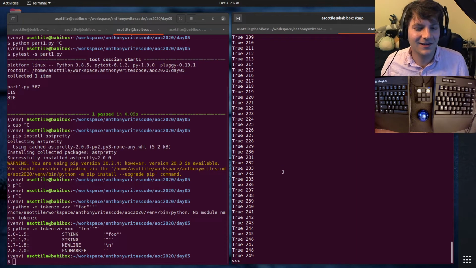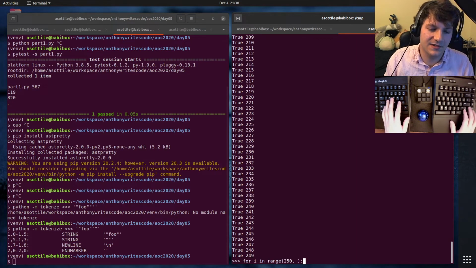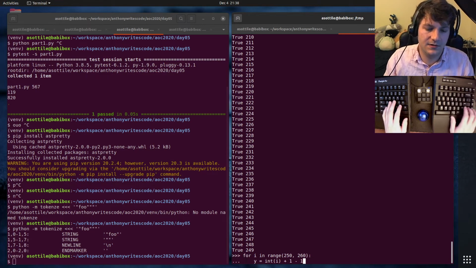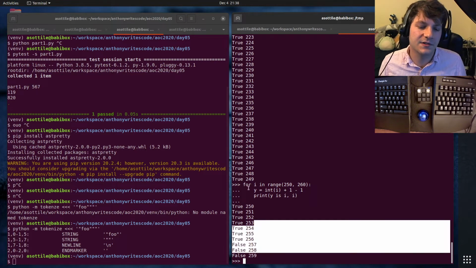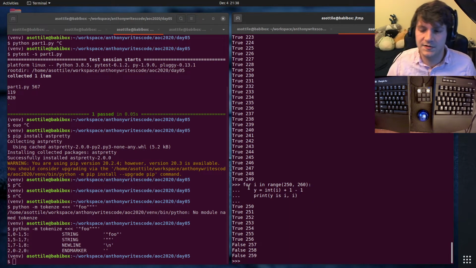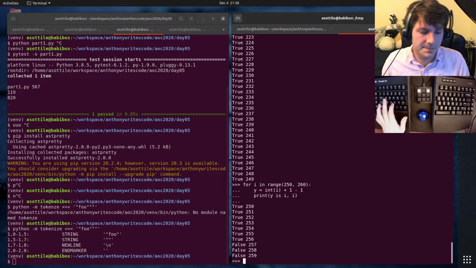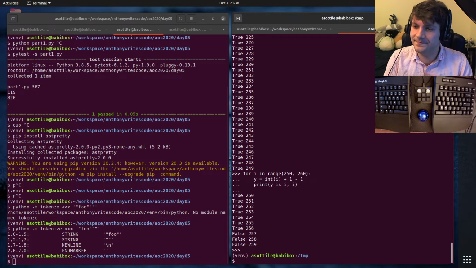Oh. Wait, what did it do there? Oh, I had my range wrong. Dang it. 260. Yeah, there we go. So after 256 it becomes false, because that's where the small integers cache for Python stops. It goes from -5 to 256, if I recall correctly. But anyway, that's some fun stuff with Python.